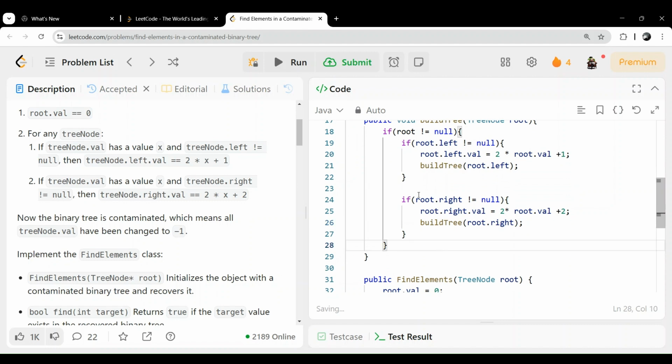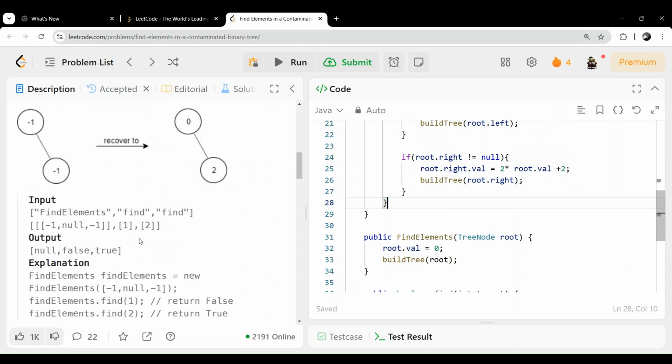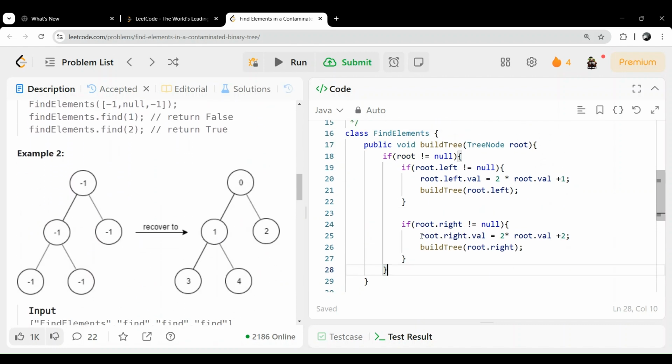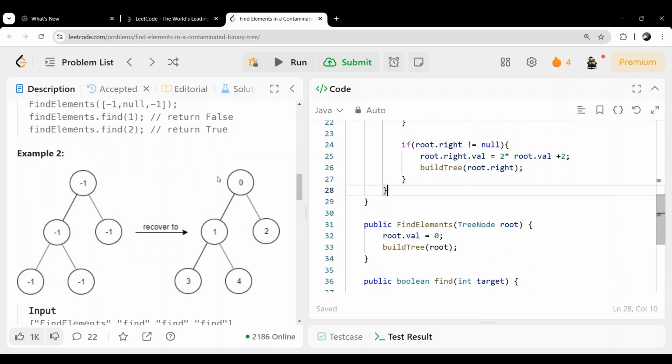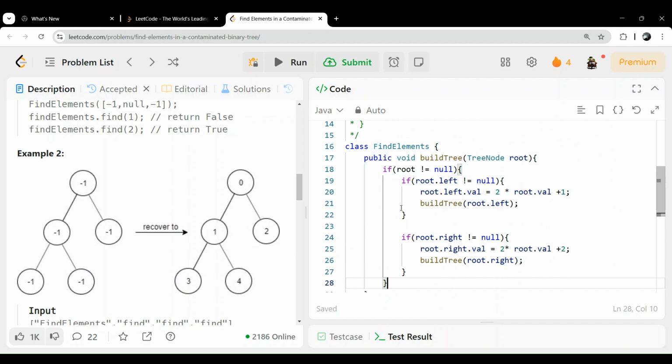This is how we recovered the tree. Suppose we consider this: first I make the root value 0. Then I call this method, which checks the left and right; if not null, it changes the value and again calls the same method. That's recursion. Again there will be left and right, so it will cover our whole tree.